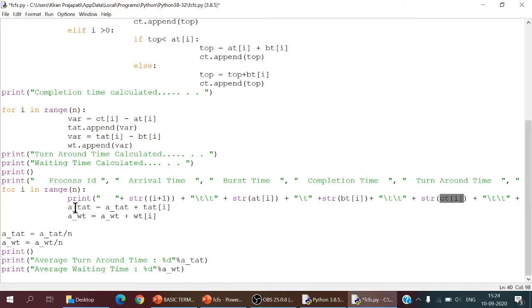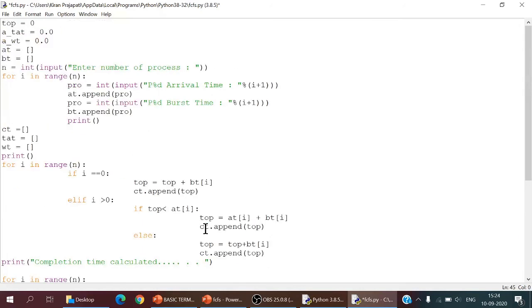When I want to calculate the average turnaround time and average waiting time, I have to do the sum. Upon each iteration it adds up to the sum, and then I divide by n, the number of processes. So I get my average turnaround time and average waiting time, and then I write a print statement for printing those timings. This is how FCFS can be implemented.